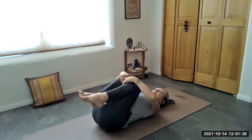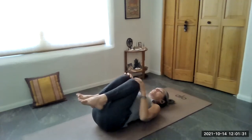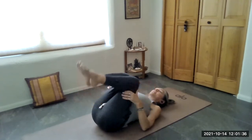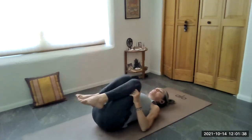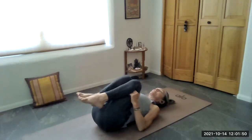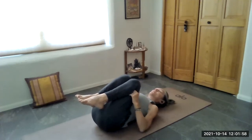So typically when we do Apanasana, the shoulders are kind of a little active just to hold on. So think about ways in which you can just let your shoulders go in class and through your practice, and find a way of supporting your shoulders instead of overusing them. So let the shoulders just lay on the ground here. They don't have to be involved. And the hands could lightly pull the legs in from behind the thighs instead of in front of the shins. So you let your entire shoulders, the whole shoulder girdle relax, collarbones sink back,